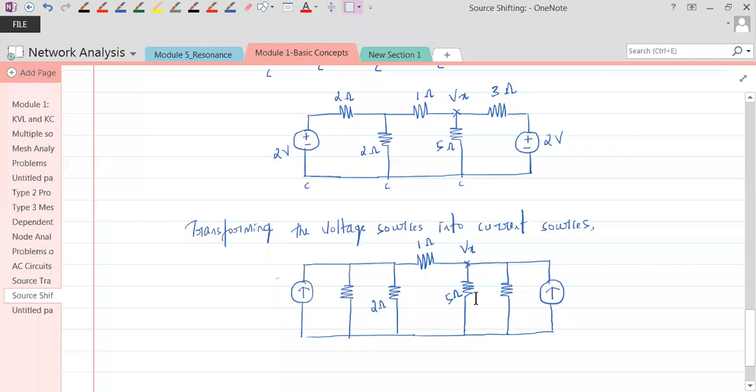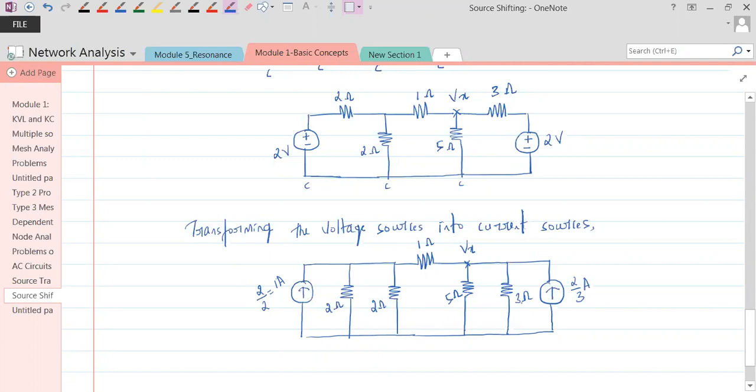Okay. So what is this current source now? Current is equal to V by R. V is 2. So it is 2 by 2. So it is 1 amp. Okay. So 2 ohms in series would become 2 ohms in parallel with the current source. Similarly, what is this current source? This current is V by R, 2 by 3. Okay. Let that be 2 by 3 amps only. Otherwise, we'll be approximating the current. What would this resistor be? This resistor would be 3 ohms.